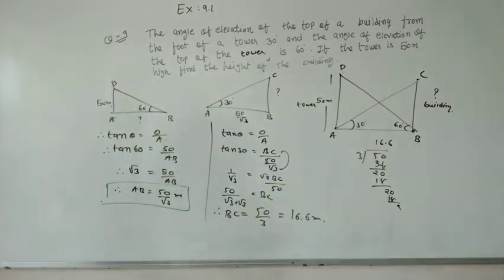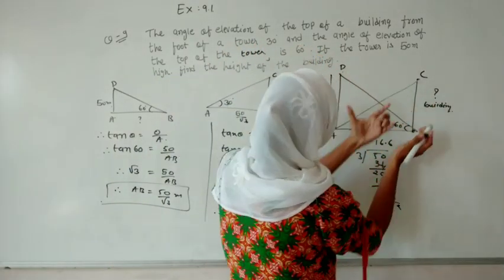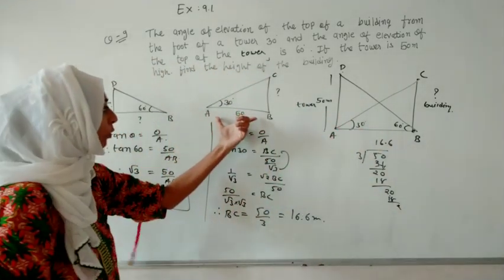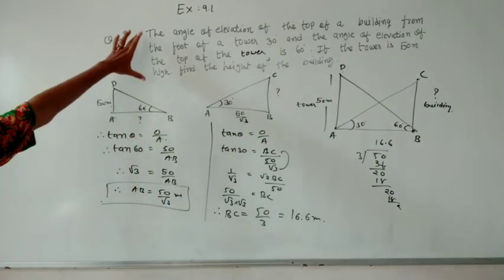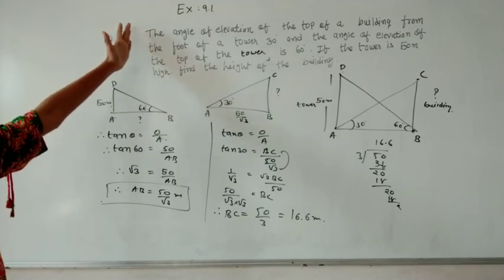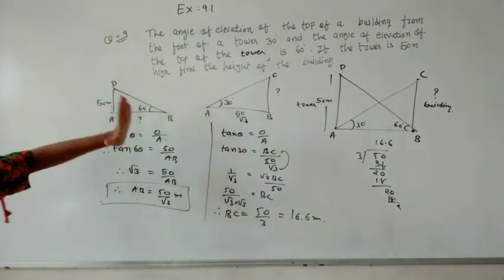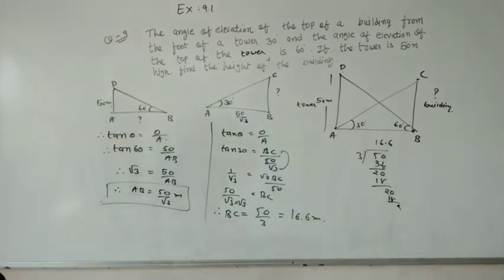So this is the end of this question. I hope you understood what kind of question it is. First we have to take this triangle, then we have to take this triangle. In the first one we are finding AB, that AB we are utilizing over here, and then we are finding CB. But the concept of making the figure is most important, because if we can't form the figure properly, we can't understand this concept that we have to separate two triangles. So reading the question is most important for this chapter.